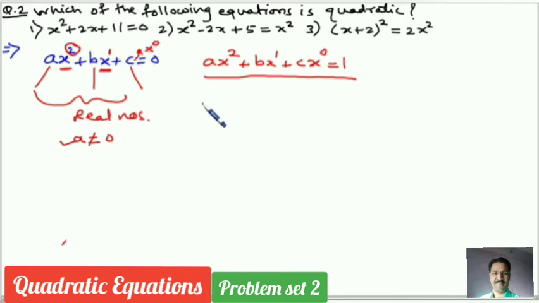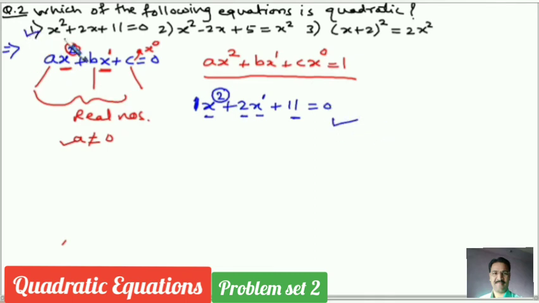First of all, what is that? x square plus 2x plus 11 is equal to 0. Check. Here x is the only variable. Here 1 is a, here 2 is b and 11 is c. All these are real numbers. And here this is a 2, which is the degree of this equation, that is 2 only, and here it is 1, and here also x is there, but its power is 0. Hence this is a quadratic equation. Okay friends, this is a quadratic equation.